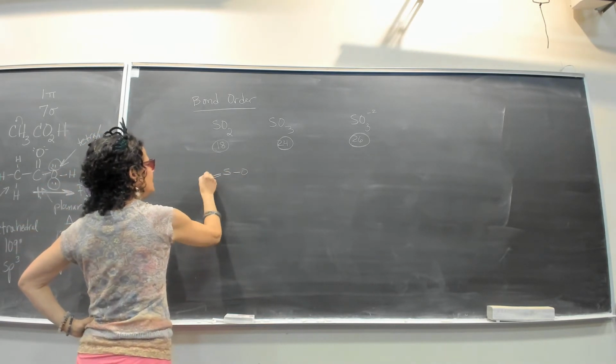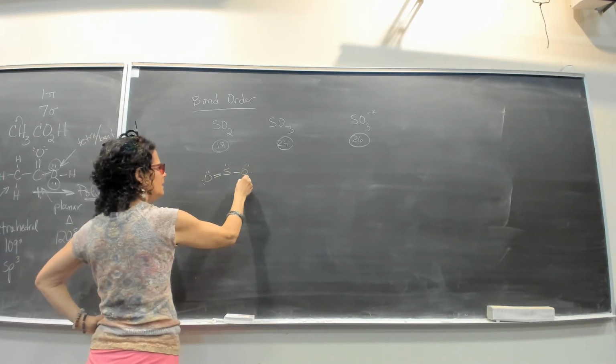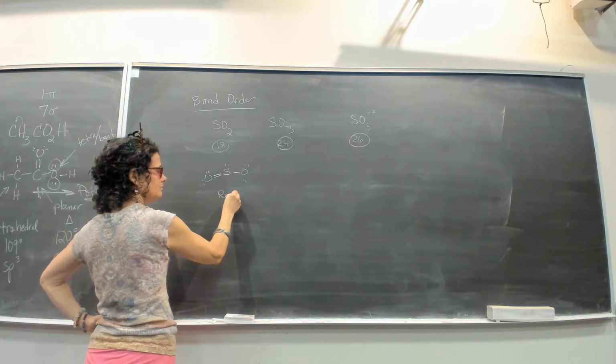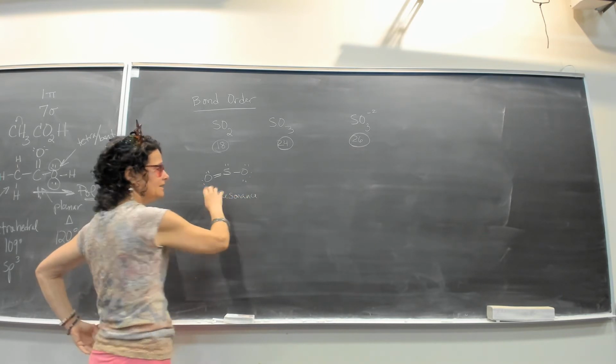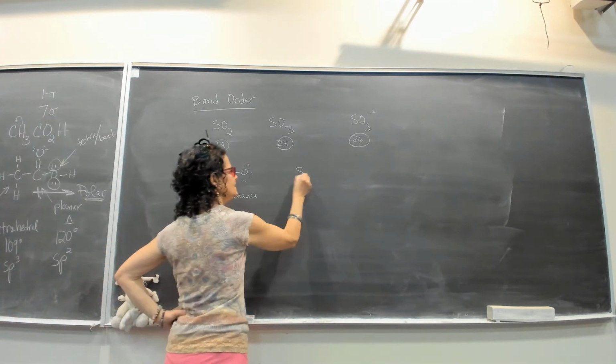You will end up in the SO2 with one double bond. It is a resonance because the double bond could have been on the left or right, and bond order helps to explain this. In SO3,